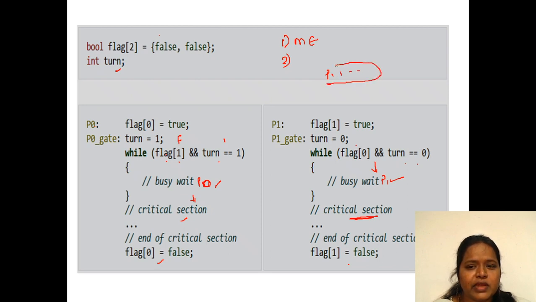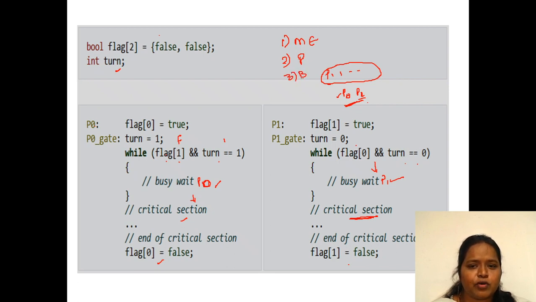Out of these many available processes, the ones eagerly wishing are P0 and P1. So we have to give time to these P0 and P1 processes. Many processes may exist, but here we are considering only two processes. Why? Because the Peterson solution is only available for two processes, and within no time we respond to these two processes. That is the reason we have achieved the progress condition.